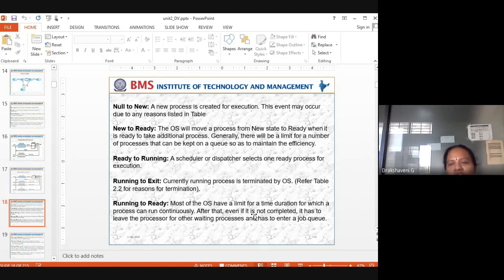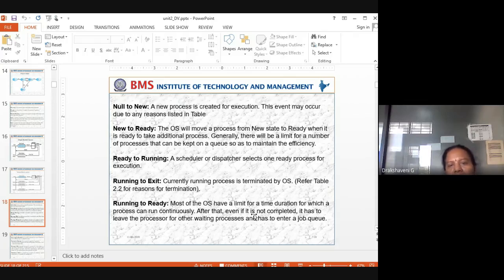So now how do we shift from one state to another state? That is null to new. A new process is created for execution. This event may occur due to any reason listed in the table. So new to ready, the OS will remove a process from new state to ready when it is ready to take an additional process.